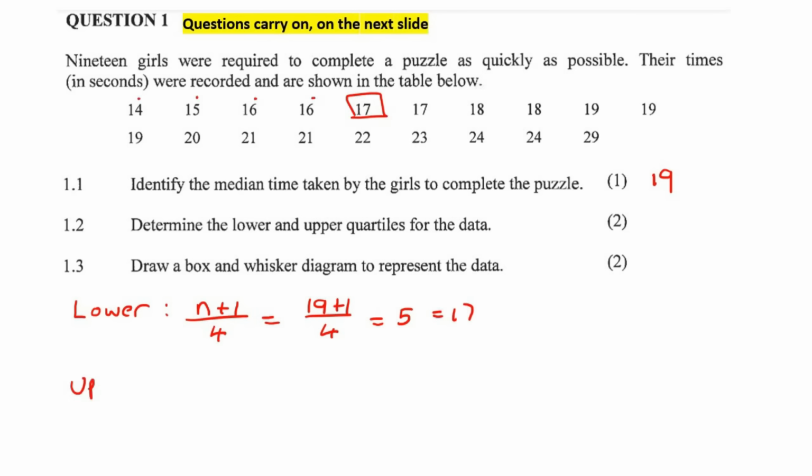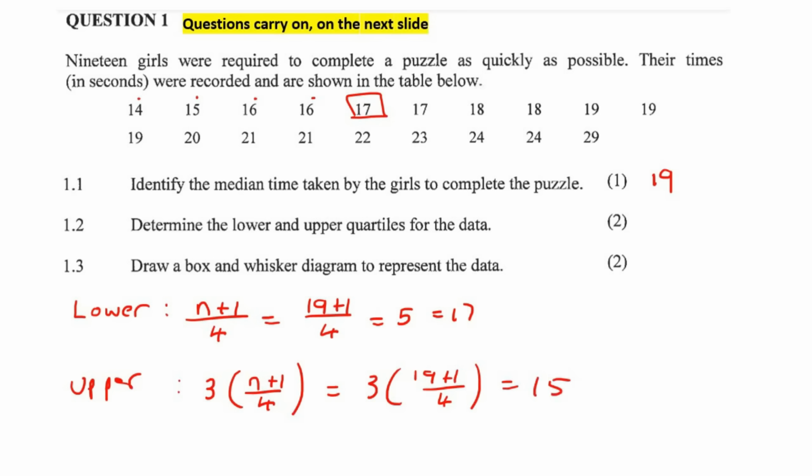Then for the upper quarter, you use the same formula, but you multiply it with a 3. And you know why we're dividing by 4? Because we're looking for quarters. But earlier when we were trying to find the median, which is the halfway, we divided by 2, because that's how you divide something in half. That's why we use a 2, and that's why we use a 4. So if you had to do this one, you're going to end up with